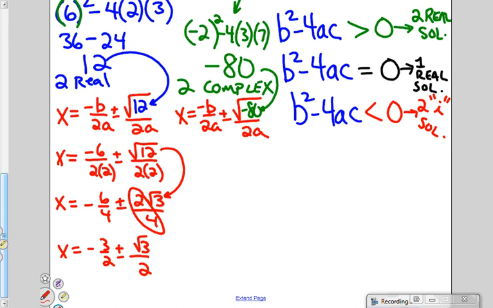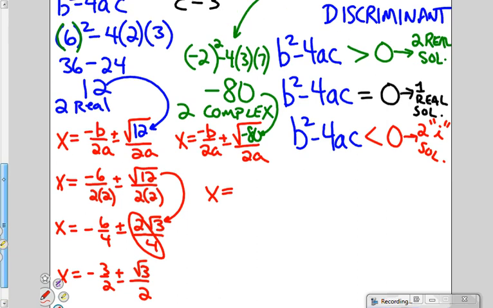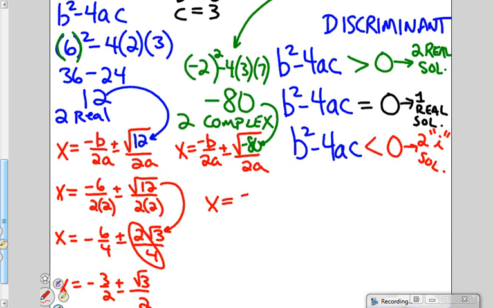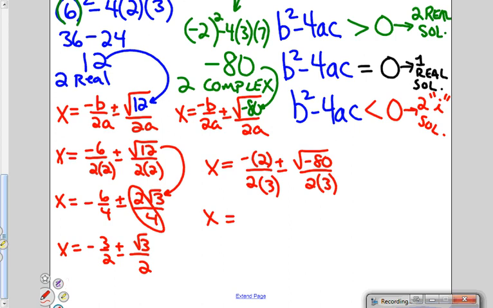All right. And the other one. Sorry, I'm racing a little bit, just trying to get these done. Here we go. ABC. We need the opposite of B over 2A plus minus the square root of negative 80 over 2A. We pre-calculated the discriminant. We're definitely going to get i, and here's where it happens. We have to square root negative 80. Quick check here. This was supposed to be the opposite of negative 2. Therefore, we're going to get